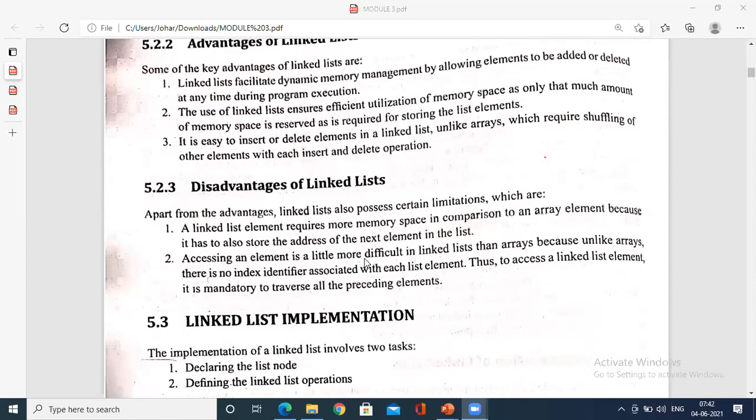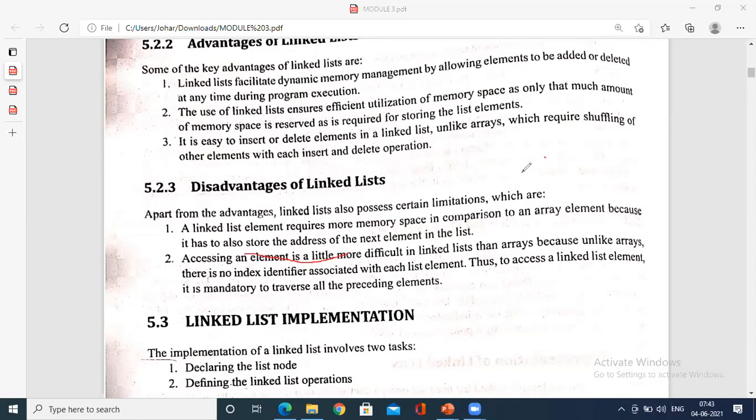Similarly, compared to memory management, it is dynamic, but ultimately the memory space in comparison to an array is more. Can you guess why? You might say that is a contradictory statement: you say it allocates memory during runtime, that is dynamic memory allocation, and at the same moment you say it takes more space. How is it? Since a linked list uses separate memory space for storing the address, each individual node contains the address of the next element, hence the space would be more.